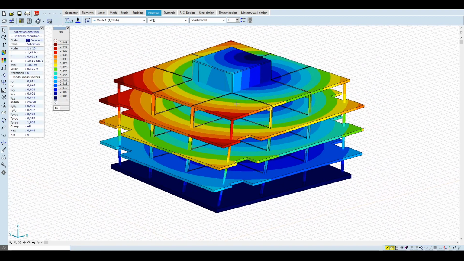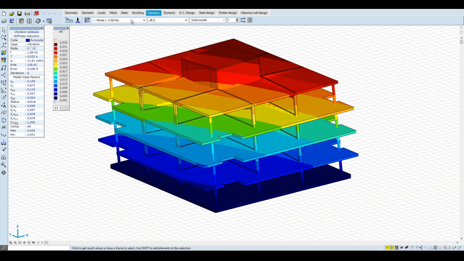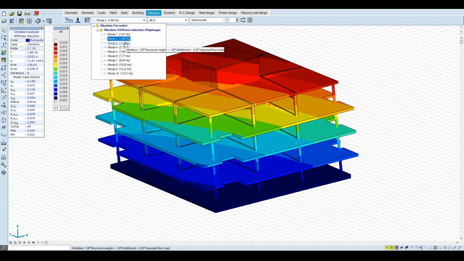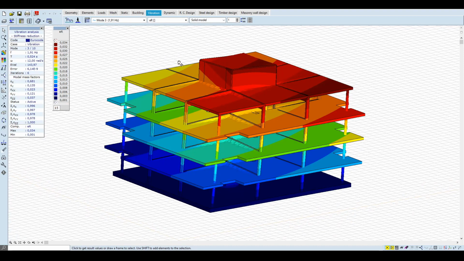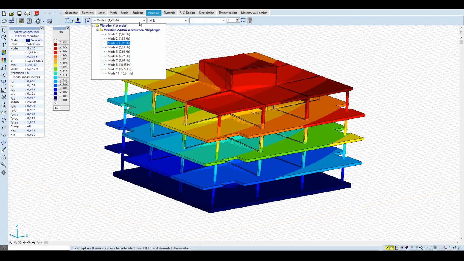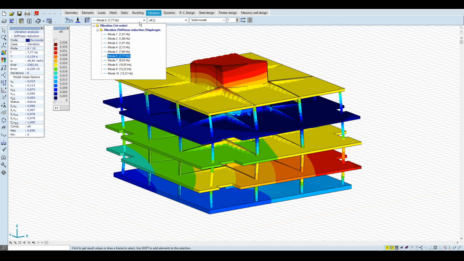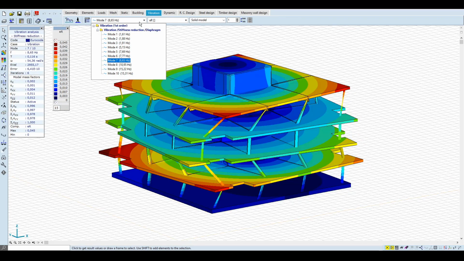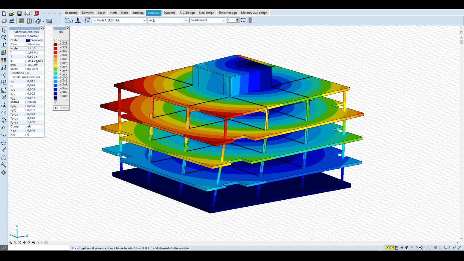Our first shape is a torsional shape. The second is the Y direction. And the third is the X direction oscillation. We can check also the other vibration modes. Note that we didn't obtain any local vibration of the columns, since we didn't assign mesh to these elements. The structure is medium soft. The first vibration mode can be characterized by the natural period of about 0.6 seconds.